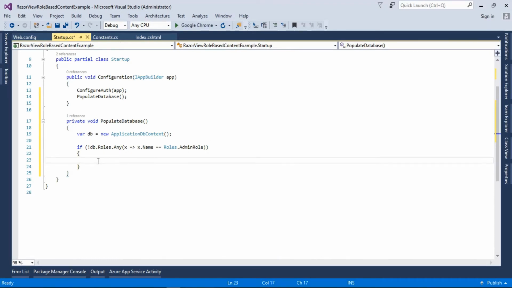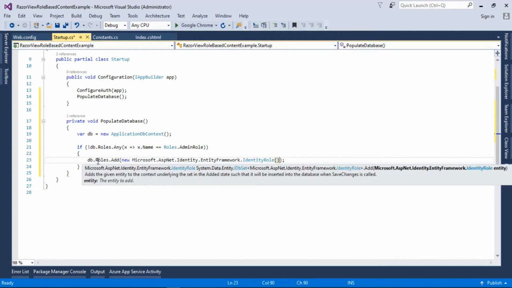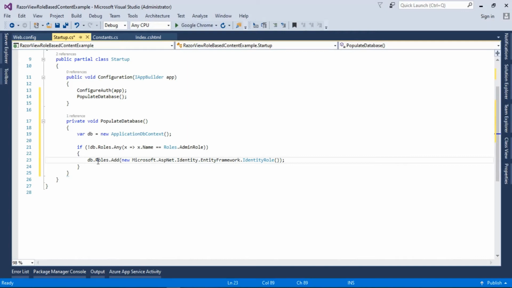So I will type db.roles.add and provide a new object of new identity role, and it will ask for the name. So we will pass the name of the role, so we have roles.admin role, and we will need to save the changes.